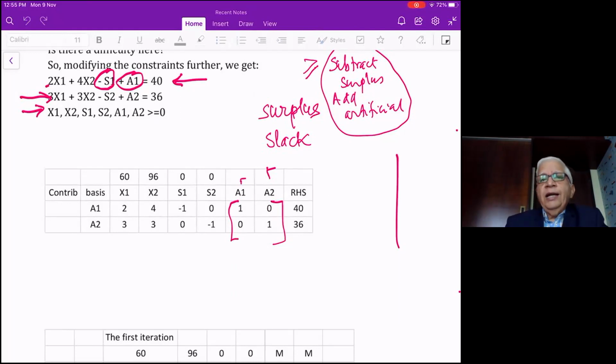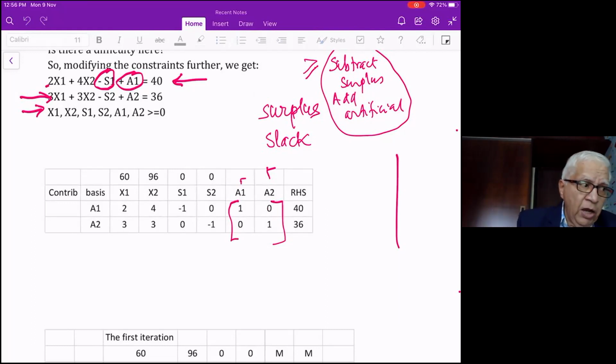See, A1 and A2 is an artificial arrangement. It was not present in the original tableau, nor was it required to convert the constraint into equal to. We had to simply subtract S1 and subtract S2 from the first and second constraint. So this is an artificial, undesirable arrangement. We are doing it unwillingly. Therefore, A1 and A2 will have a substantially very high contribution, such that it will never allow us to minimize the value of the objective function so long as A1 and A2 are present in the basis. So we come to the conclusion that the contribution at A1 and A2 must be made very high.